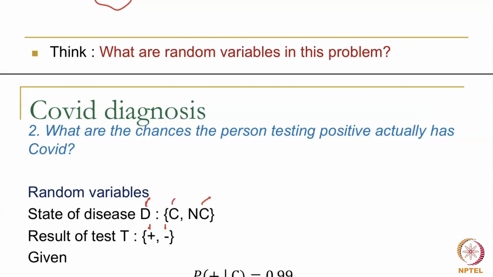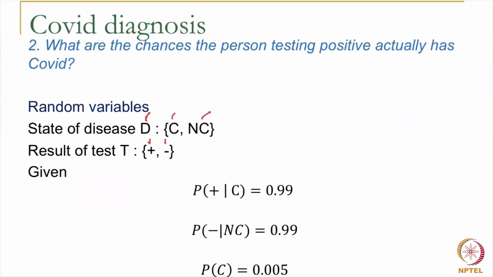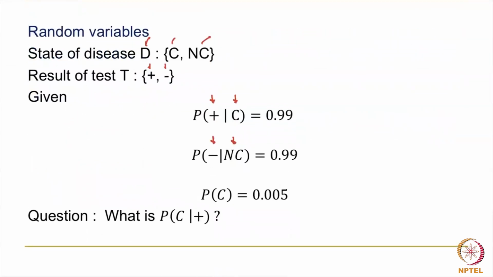So now what is the data given? Now let's look at our data given very carefully. It says probability that you are positive given that you have COVID, okay, is 0.99. Probability that you are negative given that you didn't have COVID is also 0.99. Okay. Now, no other information is given. This is the prior. I picked a random person off the street and said, hey, what is the probability this person has COVID? You will say, well, it's 0.5%. I have no other information about this person, so it is 0.005. Okay. So the question now is,